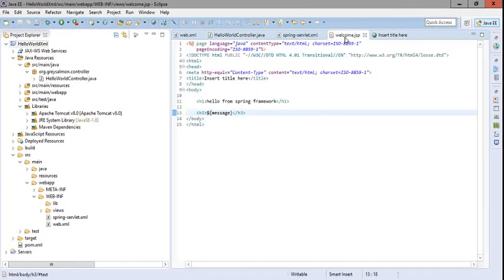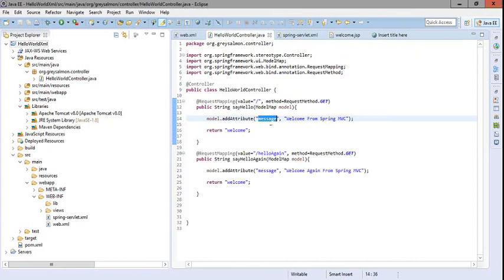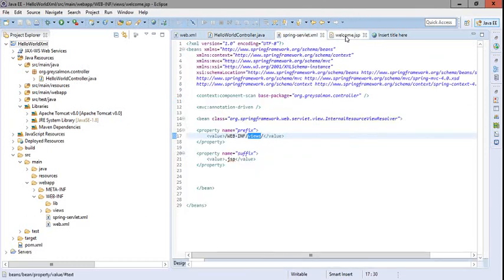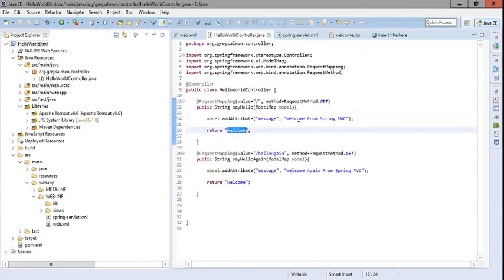Now what had happened is the handler has done two things. It returns the logical view name welcome. So this welcome.jsp has been called because this name is resolved by the view resolver, and secondly the model is passed to the view.